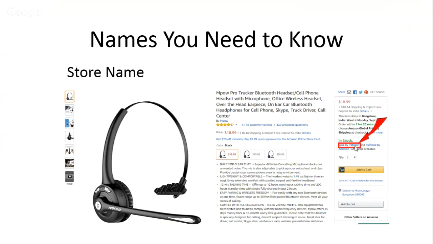The seller name, yes, exactly. That's the seller name or the store name, what they have kept. When I say seller name, it is not the name of the business or the name of the individual. It is the name that has been kept; I can keep this name as anything. My name is my name, but that name is not displayed here. So I understand, when you say seller name, it's not the name of the individual but the name of his entity on Amazon, basically, how he has registered on Amazon.